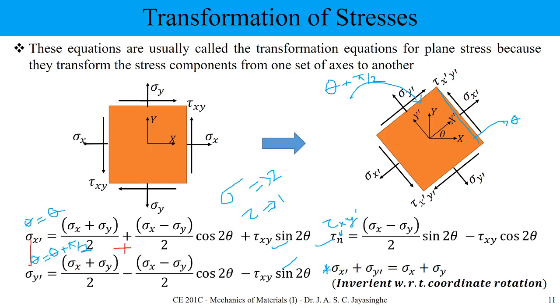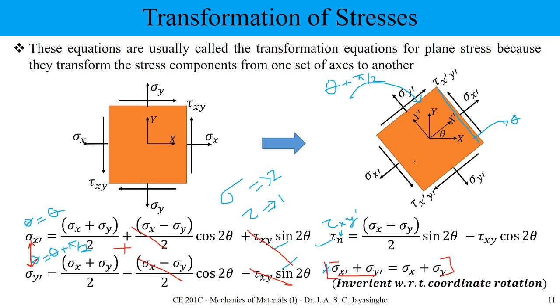So then decide what actually we can see, sigma x dash, y dash, this is here. And if we are going to add these things, this part is going out, this part going out, this part going out. Here we can see sigma x and sigma y is coming here. So what you can see in here, we can see the addition of normal stresses